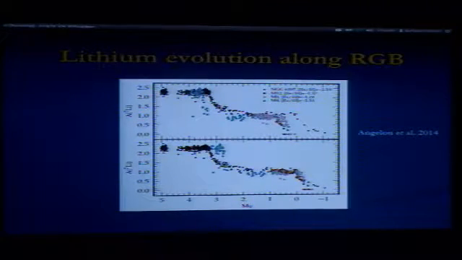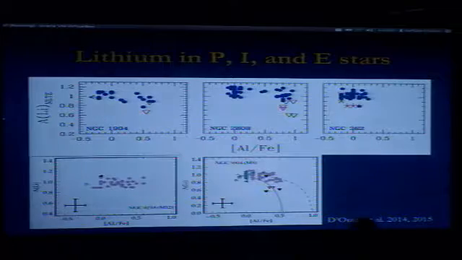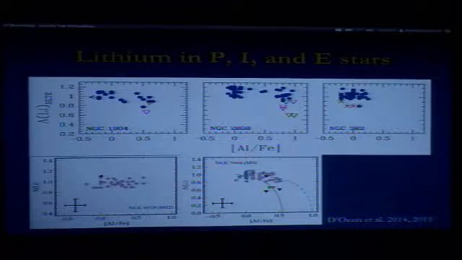However, we have this intermediate region that can be very useful to compare different populations, because stars are reasonably bright, and we can measure good lithium abundance in wide samples. And this has been done. And what has been found is that if you plot this lithium abundance against the aluminum abundance, when the aluminum abundance is low, primordial stars, the lithium abundance is about the one that is predicted for